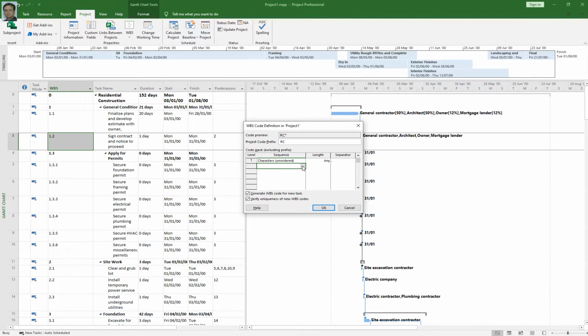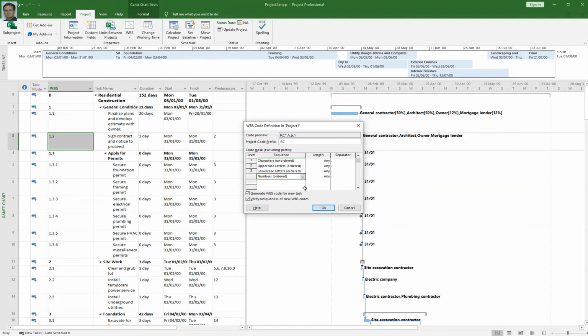Then you can assign, for instance, uppercase to another level, that is RC-A. Then you can assign lowercase, and then you can assign numbers. So you have 4 levels basically in your project. Customize work breakdown structure, and it will appear like that.